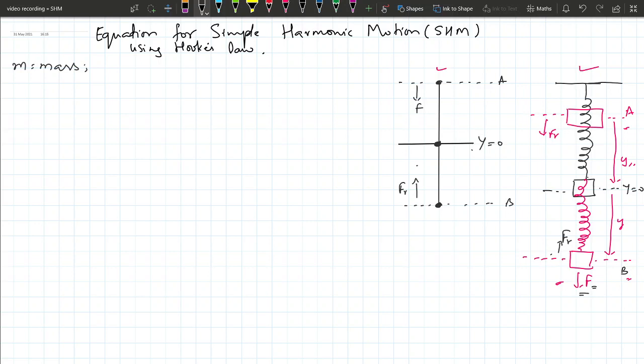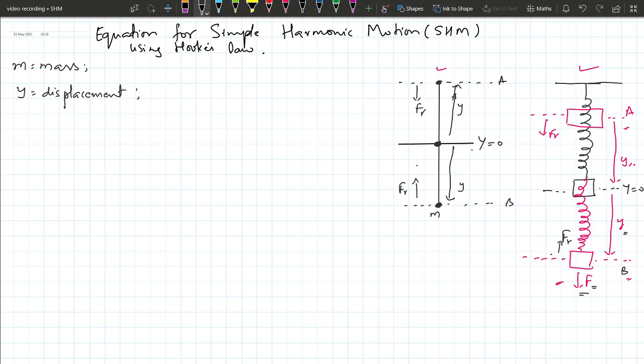When you have a simple harmonic motion, there is some displacement that is taking place due to the application of the force. When you apply the force, the displacement that is taking place is y. So the displacement is nothing but the position of the mass, or the mass connected to a spring, from the mean position, that is called y. You can see it is the displacement here or the displacement here, up to this point. So y is the displacement.